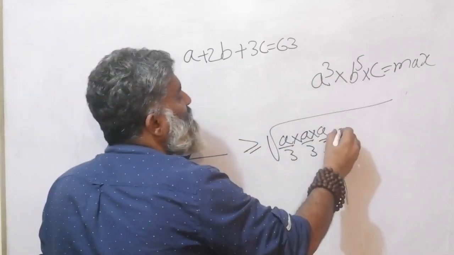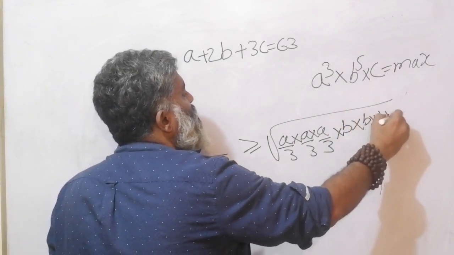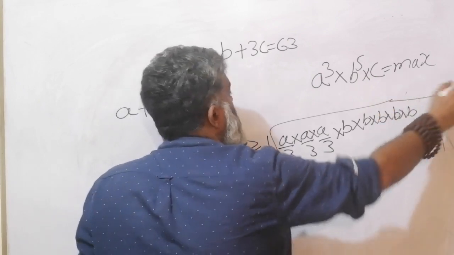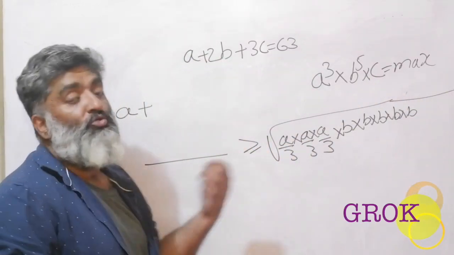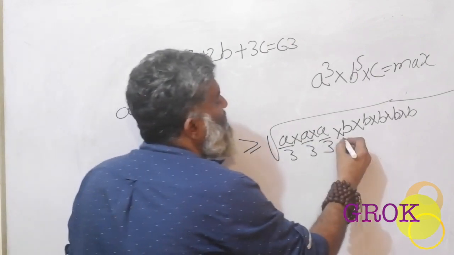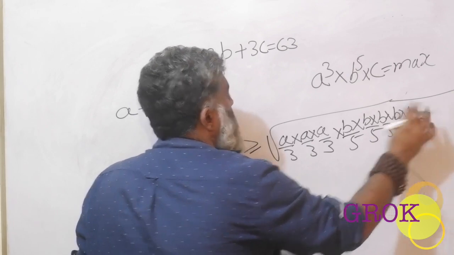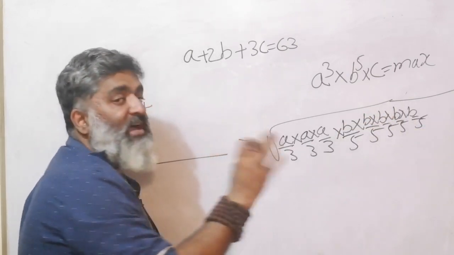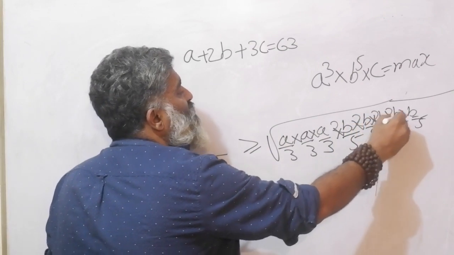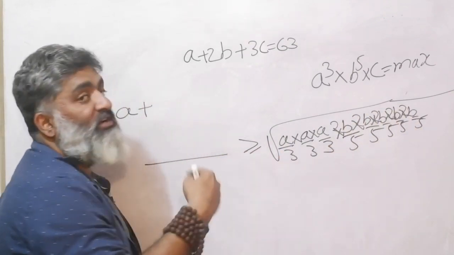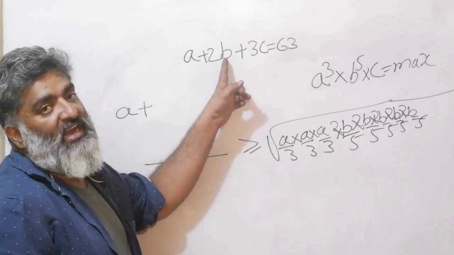I want a b raised to 5. So there should be a b into b into b into b into b. Yes, 5b should be there. But here in the equation, I have 2b only, right? So how do I adjust that? First of all, there should be a 5 below each of them. If I take that step, I just get a b. But if you put a 2b, 2b, 2b, 2b, 2b everywhere, and now take 2b by 5, 2b by 5, add them up 5 times, you will simply get a 2b.